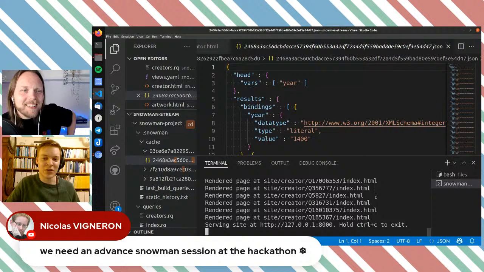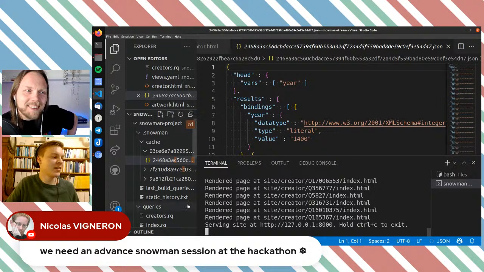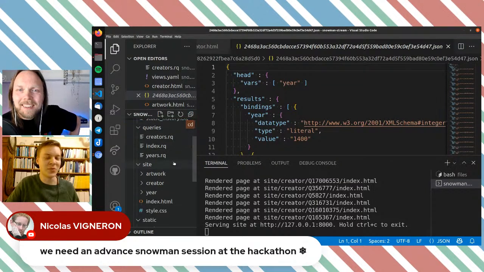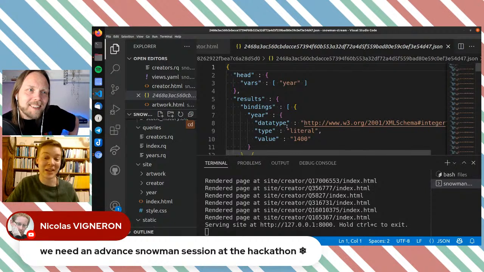We need an advanced Snowman session at the hackathon. Indeed, that would be great. There are a lot of advanced things one can do with that. And I think